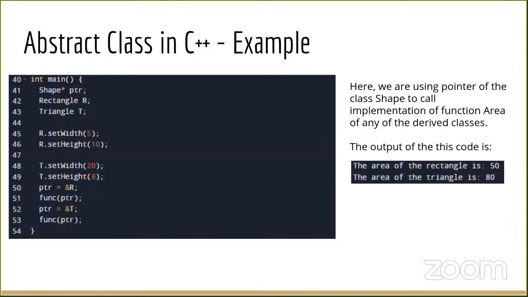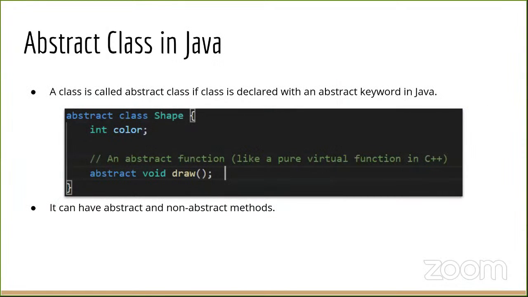Now I hand over to Viransh to take you through abstract classes in Java. Thanks, Yuvraj. Now I'll talk about some brief points of abstract classes in Java and discuss them with some examples. The first point is that a class is called an abstract class in Java if